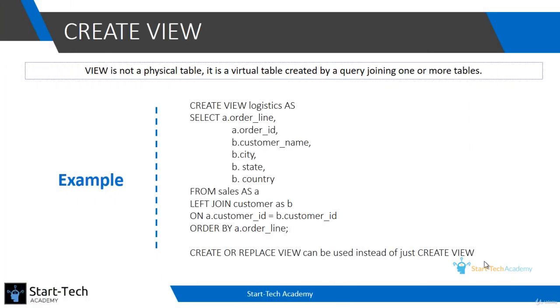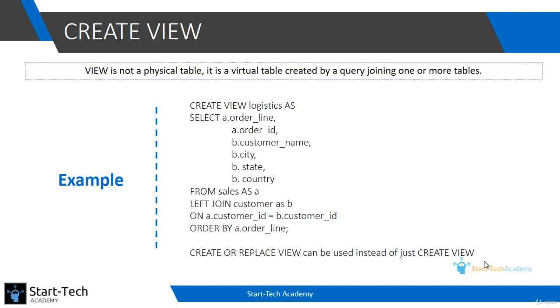So let us look at an example. Suppose that within our supermart we have a logistics team also, which will be shipping all the orders that we have received to the respective customers. To that logistics team, we want to give the data of all the order IDs and the customer details: customer name, city, state, country in a separate table. We do not want to show them everything in our database, so we create a view specially for them.